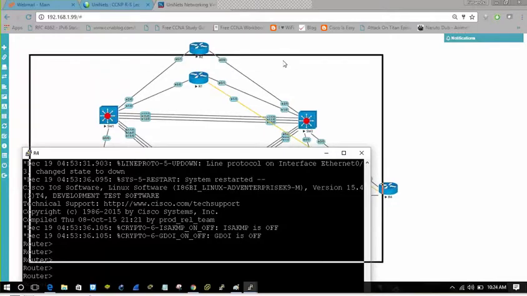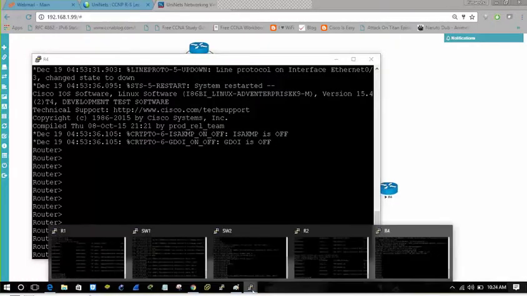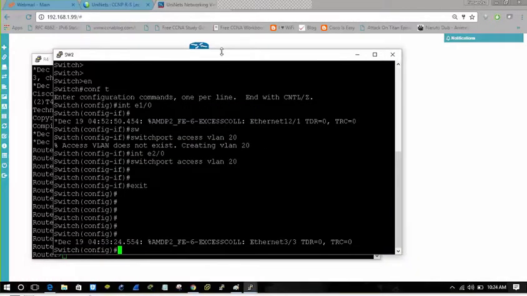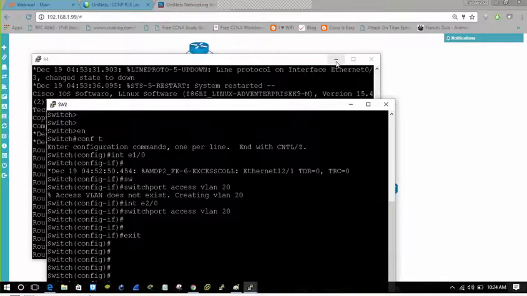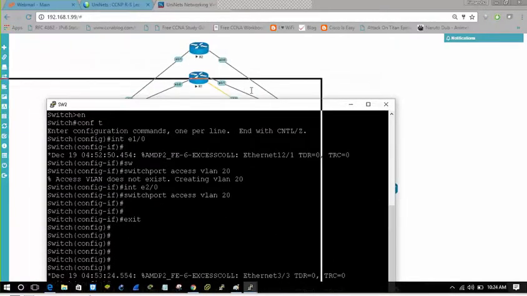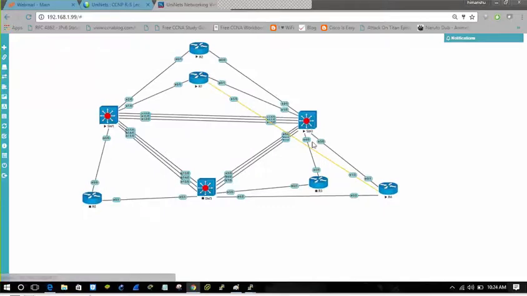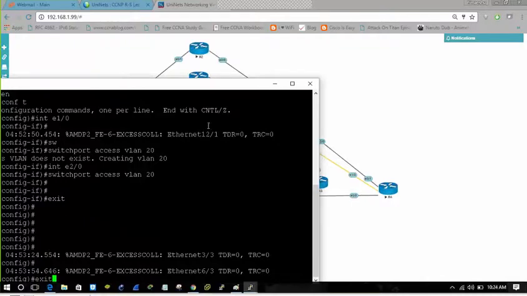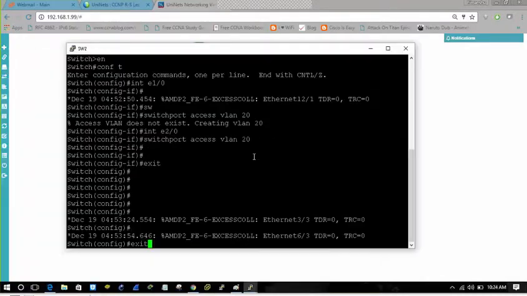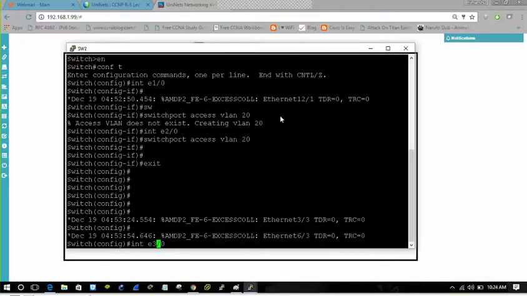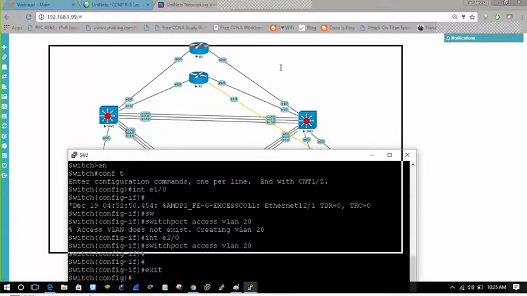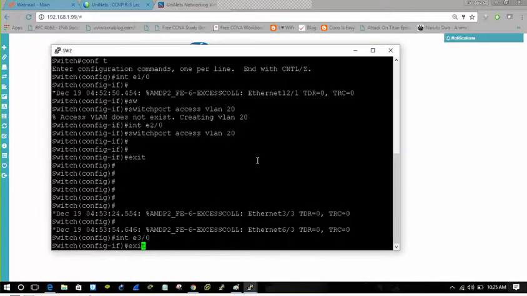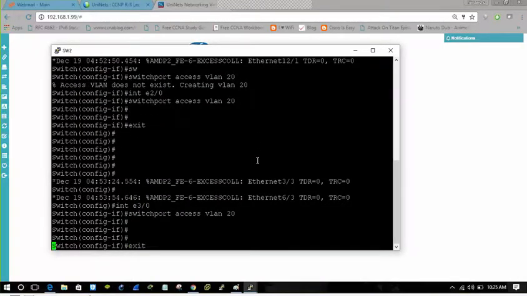One thing I forgot is that on switch 2 I also need to put the interface that connects to the R4 into the same VLAN. That is interface Ethernet 3/0 on switch 2. We'll put it into the same VLAN so that they can communicate freely.